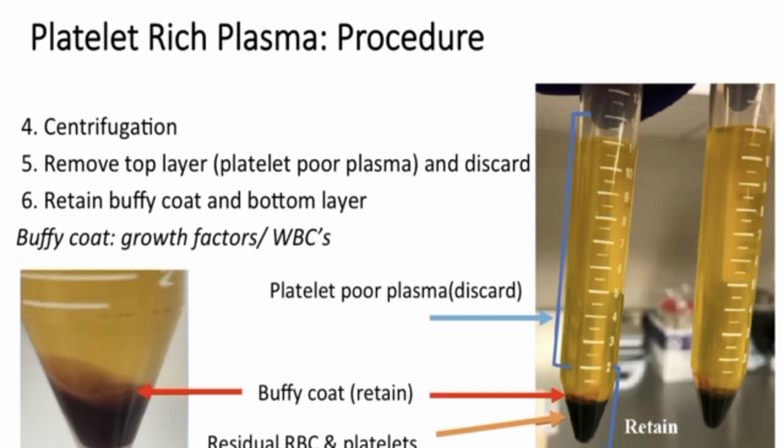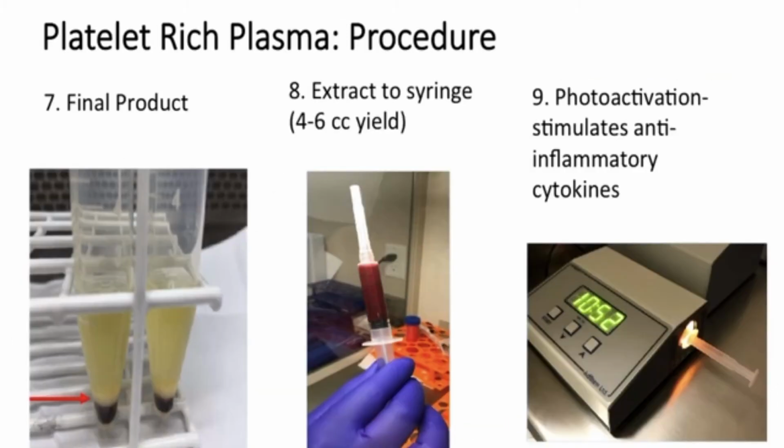Then it's going to be put back in the centrifuge, and you'll get the product in the picture on the right. So all the clear yellow, that's platelet poor plasma, and that's going to be discarded. And what's going to be left is the buffy coat, which is growth factors and white blood cells, as well as the dark red on the bottom, which is residual red blood cells and platelets. So the picture all the way on the left, that's the final product. It's then going to be extracted to a syringe, and then in some cases put under photoactivation, which stimulates anti-inflammatory